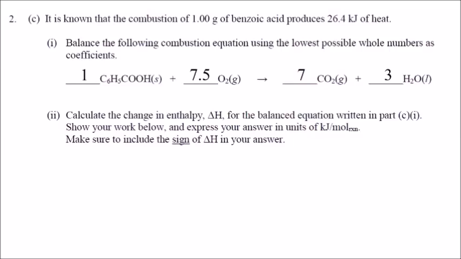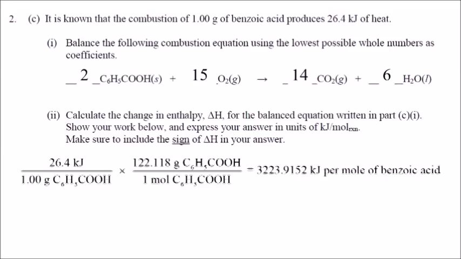Let's go ahead and double all these coefficients. Final coefficients 2, 15, 14, and 6. Now, they say that 1 gram of benzoic acid, when burned, produces 26.4 kilojoules of heat. Therefore, if we convert this from kilojoules per gram into kilojoules per mole of benzoic acid, we're going to take 26.4 kilojoules divided by 1 gram, and then multiply by the molar mass of benzoic acid. We get